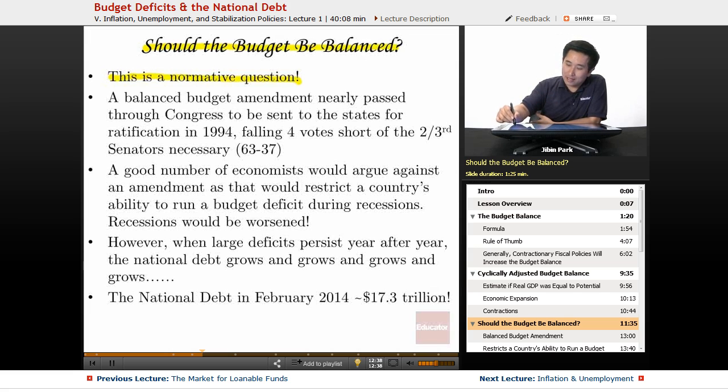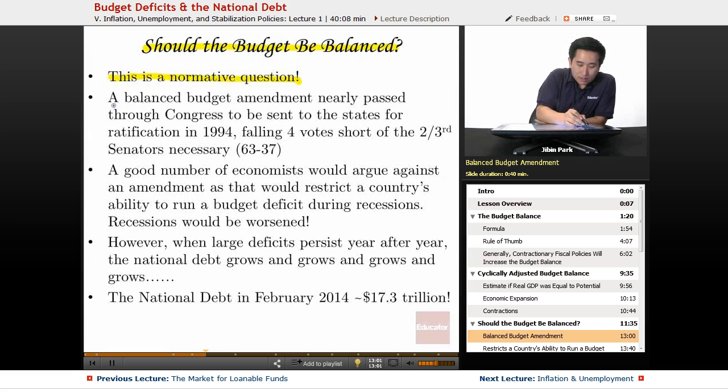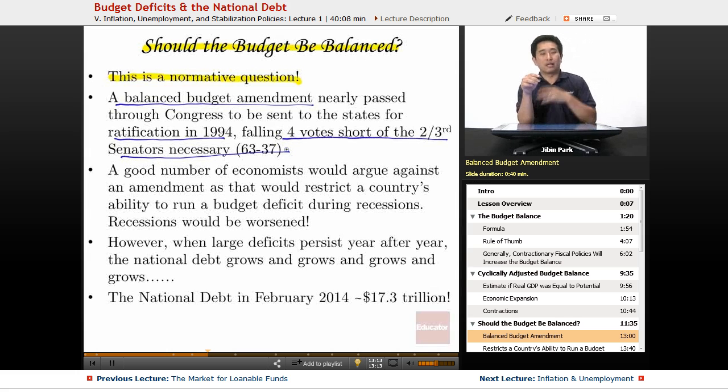Now, in the United States, there's been some movement, particularly within the Republican Party, most notably in 2010, with the emergence of the Tea Party. There's been a lot of clamoring for balancing the budget, but even before that, a lot of conservative Republicans thought that it'd be a good idea to balance the budget. So actually, a balanced budget amendment nearly passed through Congress to be sent to the states for ratification in 1994, but it fell 4 votes short of the 2/3 of senators necessary in order to get it sent to the states